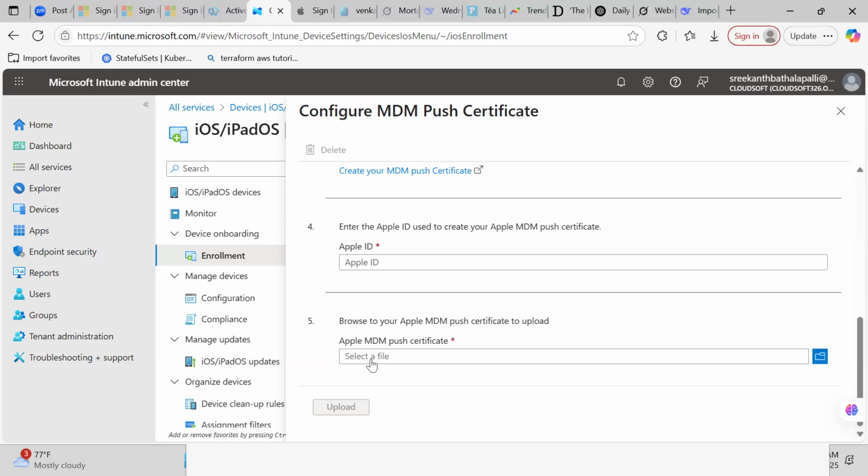And once we got that PEM file, we need to submit that PEM file again. What Apple MDM push certificate has been given needs to be submitted. Okay, so once we got that certificate, we need to update that certificate also. Then our certificate has all been registered. Okay, so once the Apple ID steps have been done, we have the different enrollment processes. So this is the prerequisite. Once this prerequisite is done,